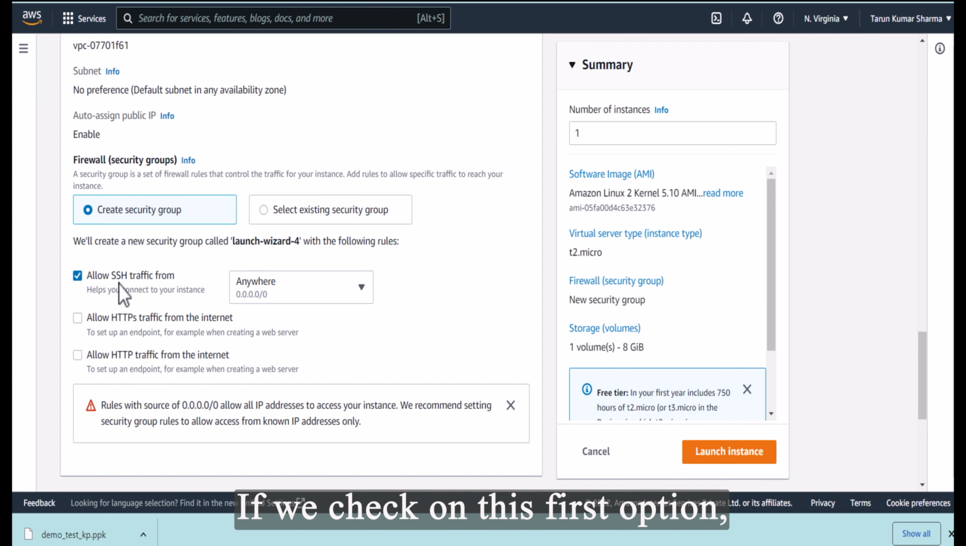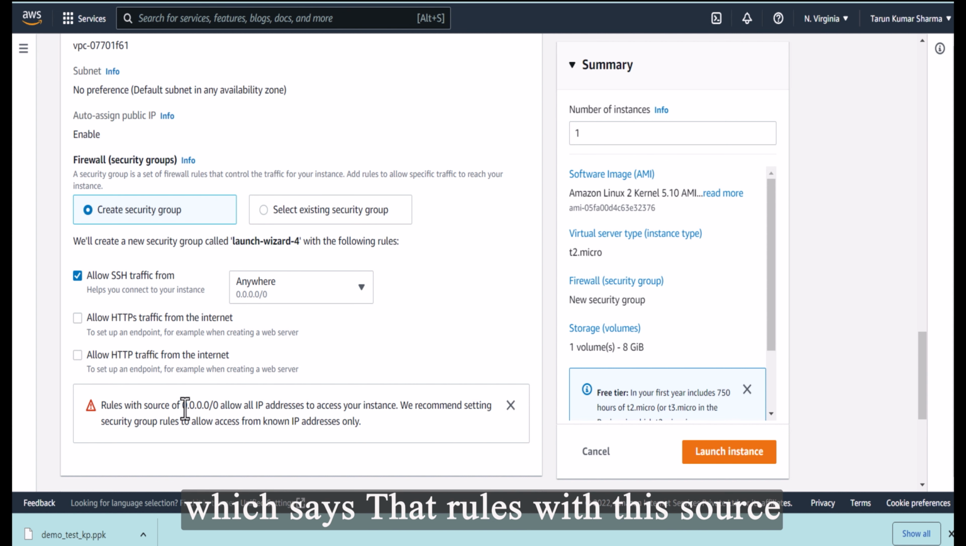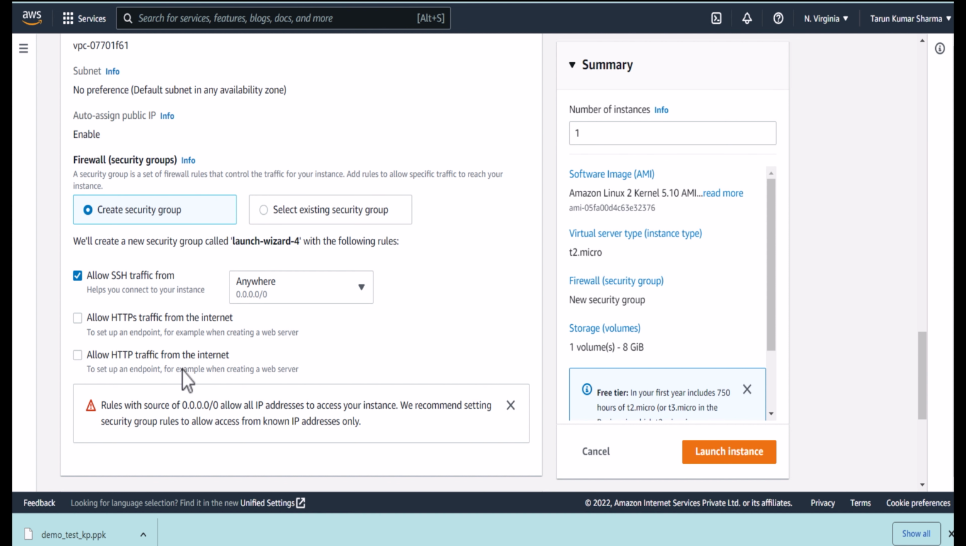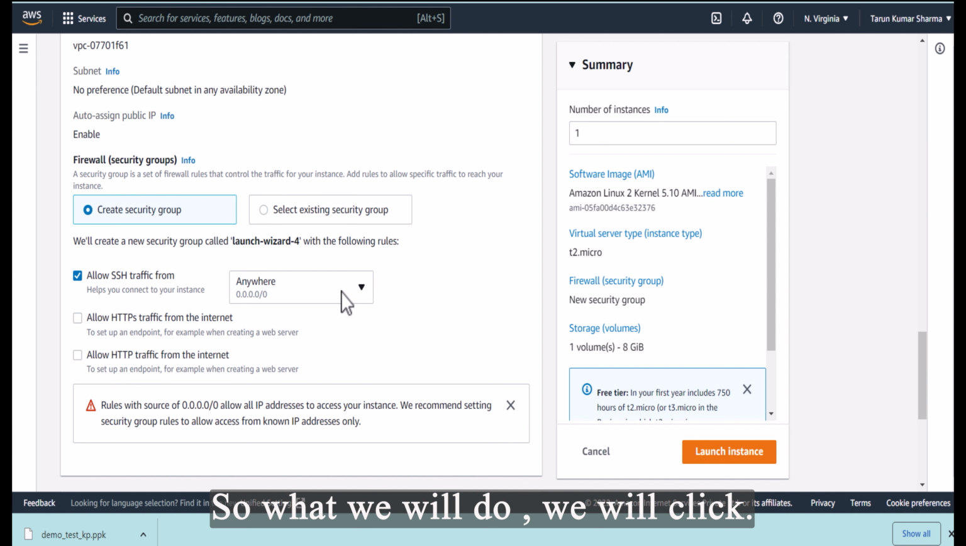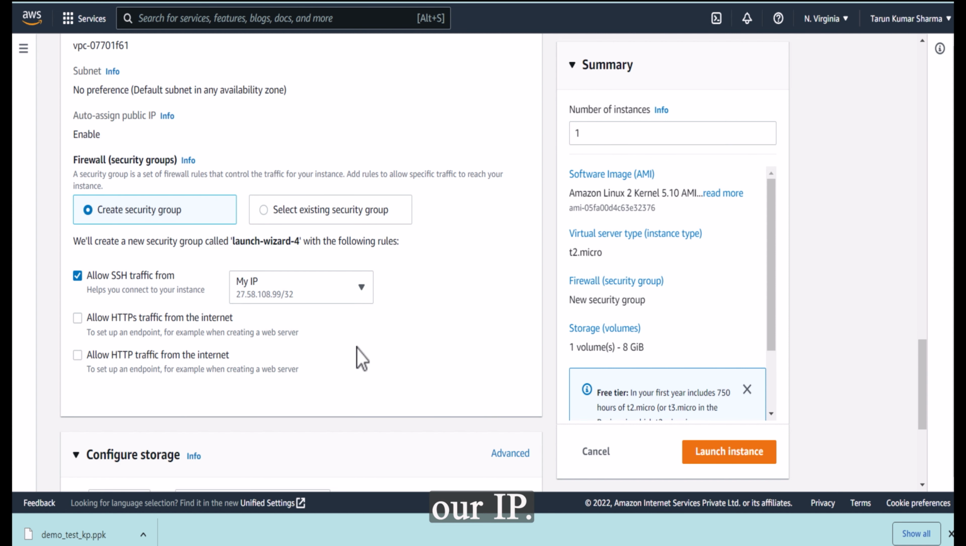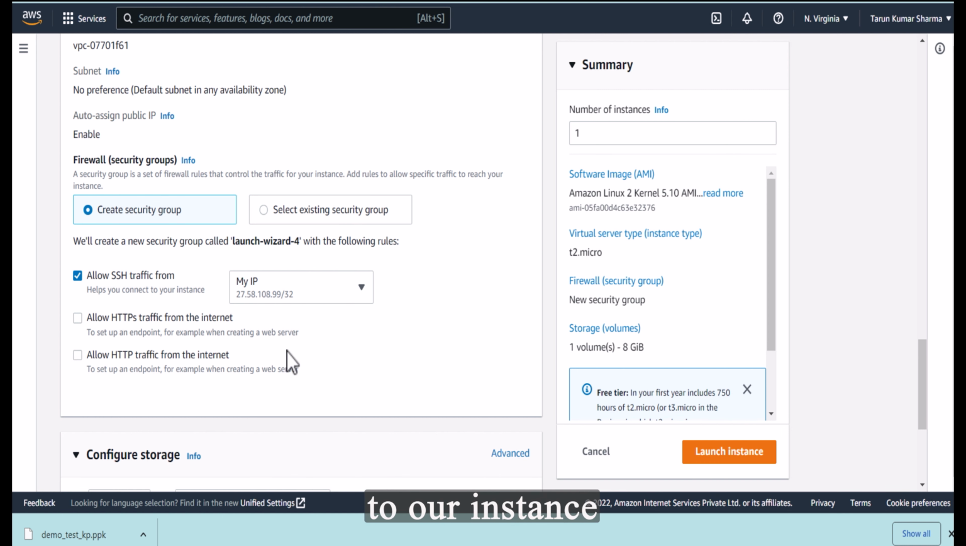If we check this first option, it is allowing all SSH traffic from the world. There is also a warning which says that rules with this source allow all IP addresses to access our instance. That is not recommended. So what we will do is click on this Anywhere and choose My IP. So only our IP will be able to log in to our instance and no other IP will be able